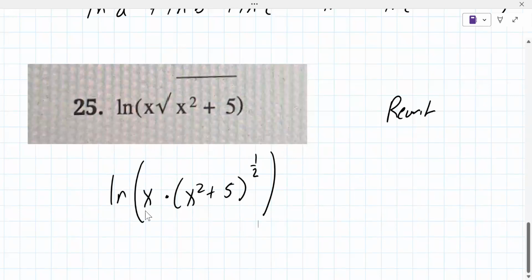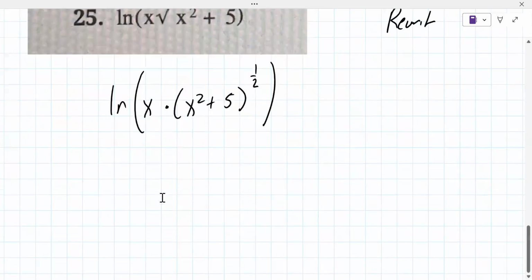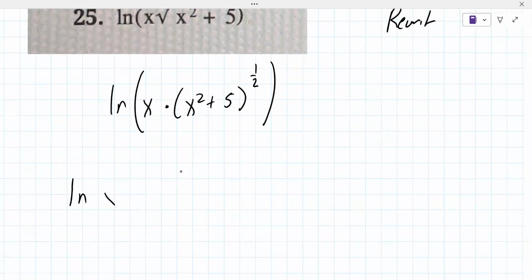So do you see that this is a product? Yes. Okay, so the product becomes the sum. So this becomes natural log of x plus natural log of (x squared plus 5) to the 1/2 power. So when you look at those rules, you generally, when you expand